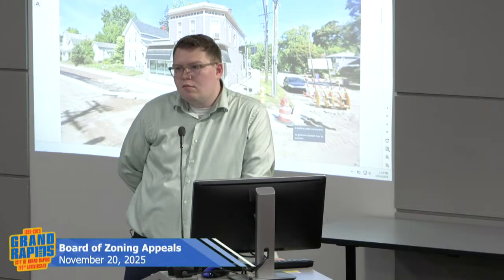So to clarify, I think what you're saying, Rowan, is what's up today are use variances. A variance for parking requirements for the medical and retail uses would be a dimensional variance, which is not before the board today. So if the board approves this property for the medical office and retail uses, the property would still have to comply with the zoning parking requirements, whatever they might be. And then if the applicant wants to be excused from those requirements, it would require a variance or an administrative departure, et cetera. Yep. Thank you, Mr. Hooker. Right, but a building permit. You can talk, go ahead.